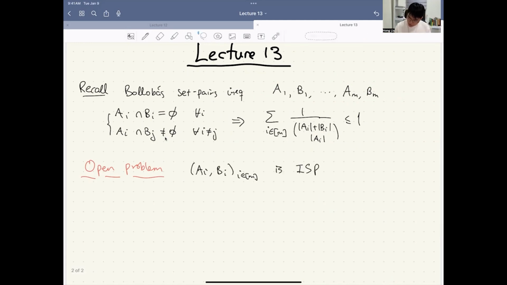Let's say AB uniform intersecting set pairs if each Ai is of size A and each Bi is of size B, and it satisfies